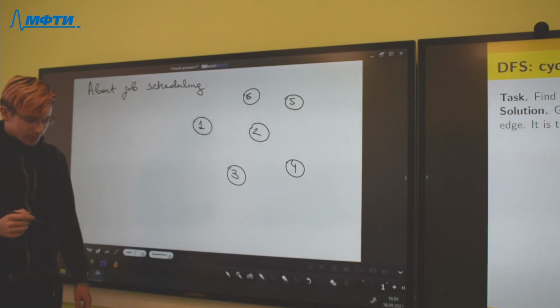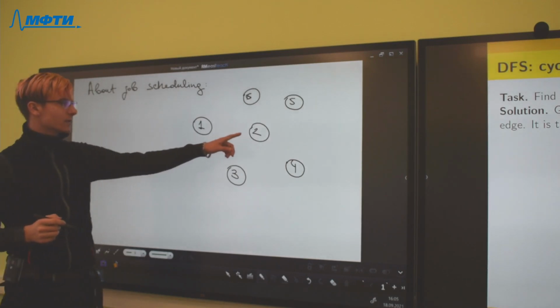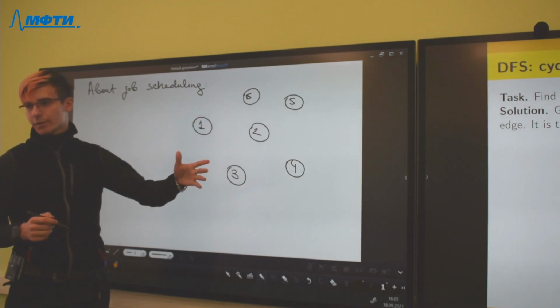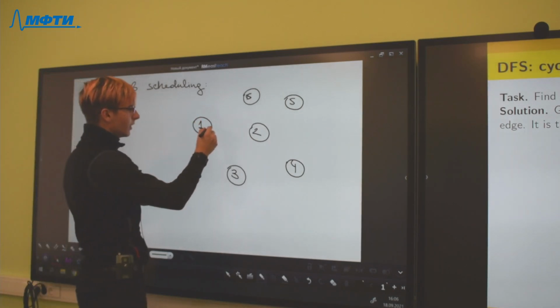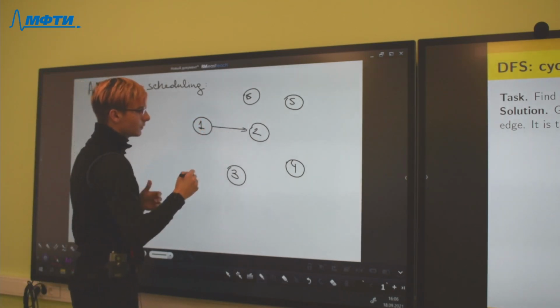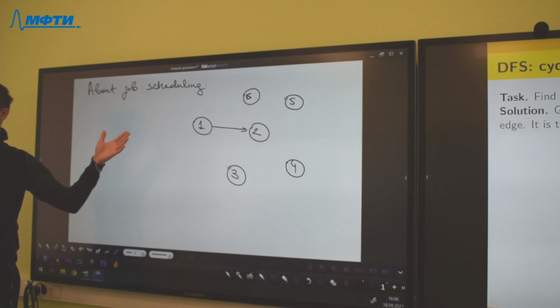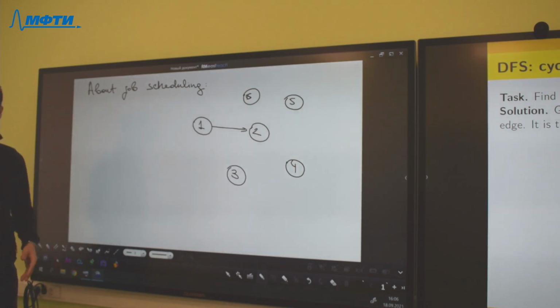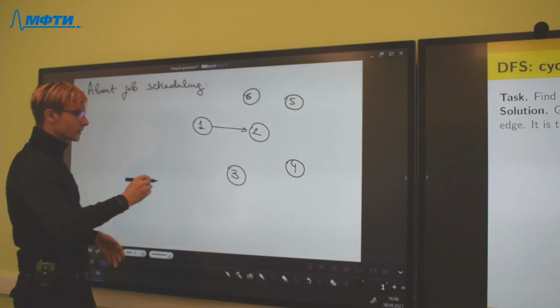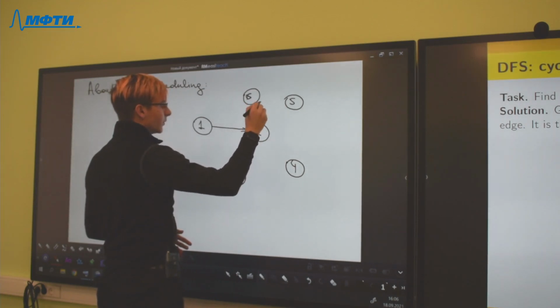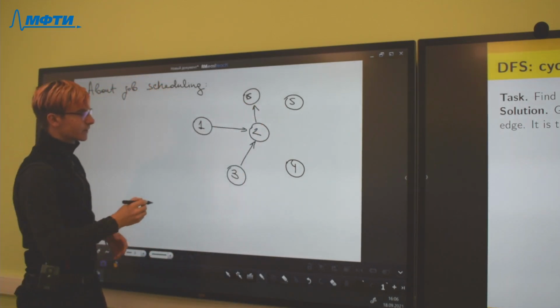For example, to start the lecture, I need to create a presentation. And so we write it like a directed edge from vertex 1 to vertex 2. Okay? And so we write the dependencies of the tasks.